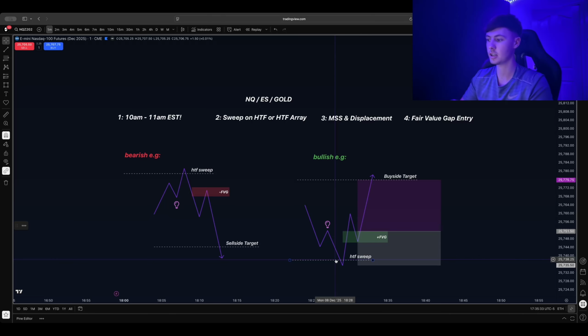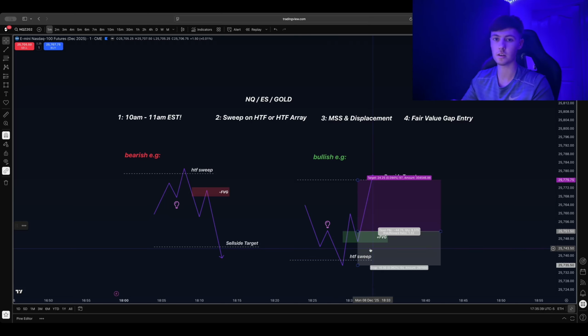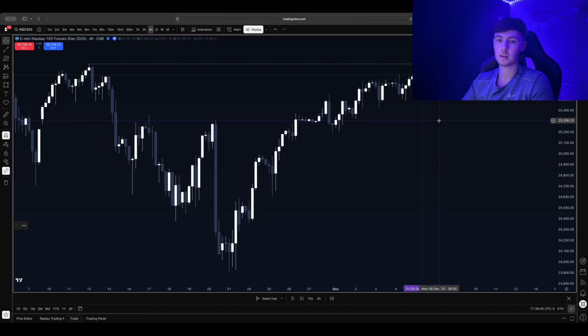So for a bullish example, price sweeps sell side liquidity, you want to be targeting buy side liquidity, which is the opposing liquidity of the dealing range. Okay, so now that you guys understand the framework, I'm just going to show you guys a couple of chart examples. So starting with the bearish chart example, we can see that on the 4-hour chart, price has just been